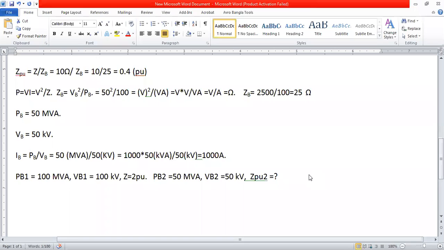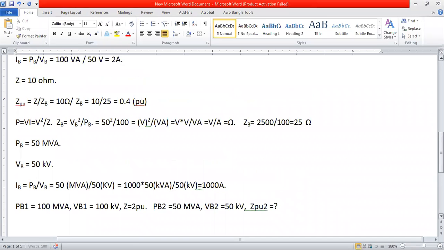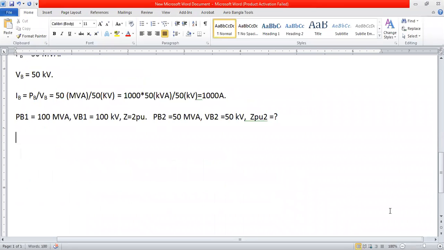সো এবার যদি আমরা একটা এক্সাম্পল দিয়ে এটাকে একটু পরিষ্কার করে দিই তাহলে ব্যাপারটা কেমন হয়। তো আগে এটা পরিষ্কার করার জন্য আমাদেরকে ইকুয়েশনটা লিখতে হবে। জেড পার ইউনিট নিউ is equal to, the equation should be z per unit old into MVA, that is the power base, MVA new, so divided by MVA old